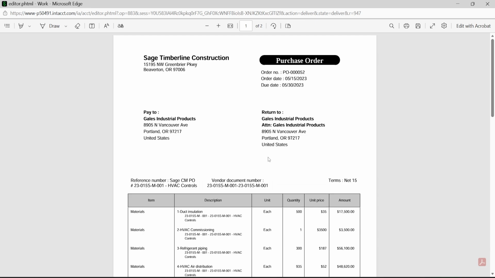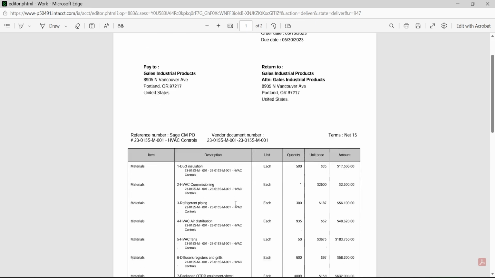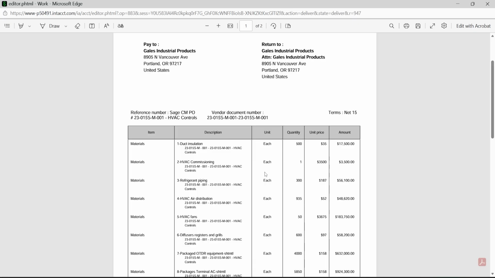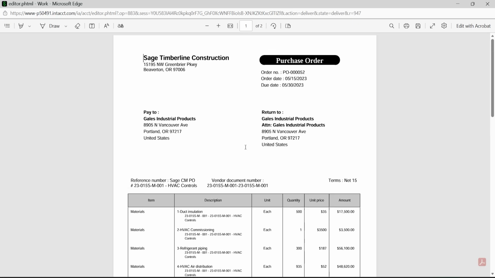I'm going to add my company's logo. I'm going to get rid of some columns that I'm really not needing on my POs. And we can add a column as well. By the end of this video, you'll have the confidence to go in and customize a template and make little tweaks. You can add your logo and edit what you need to make your form look exactly how you want.